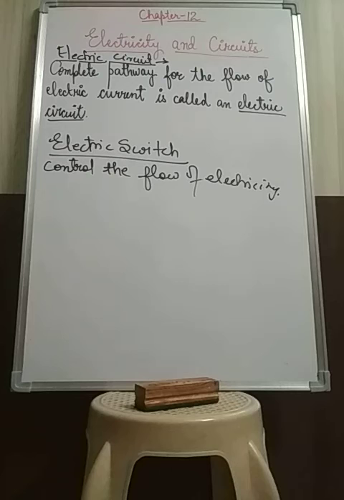Now, when a switch is in the on condition, the passage of electricity starts, which means it becomes a closed circuit. And when the switch is off, the passage of electricity stops, which means the circuit becomes open. What will happen in a closed circuit? The appliance can easily start properly, whereas in the open circuit the bulb will not glow.